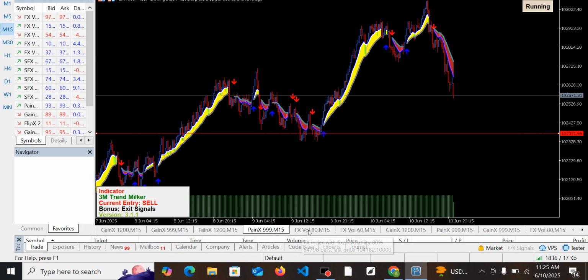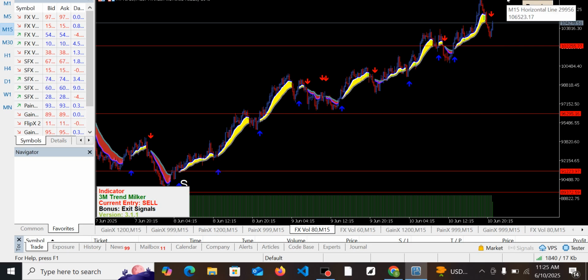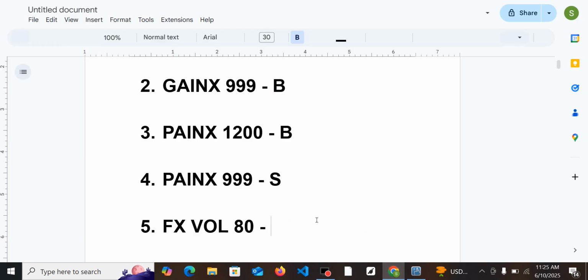Let's check out the last asset, which is going to be FX Volume 80. Okay, this is FX Volume 80. This has been on uptrend for a very long time, and it has got into this resistance zone. It has not been able to break out from there, and of course it's going to be trying it out again. If it breaks out above it, it's going to buy more, but if it does not, it will go back fully into a downtrend. So we should watch out for that. This is still buying at the moment until it is unable to break out